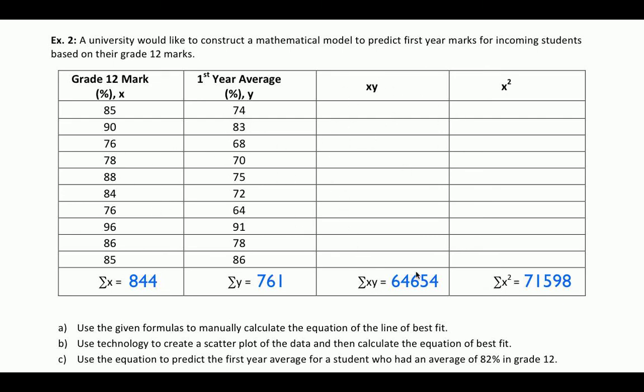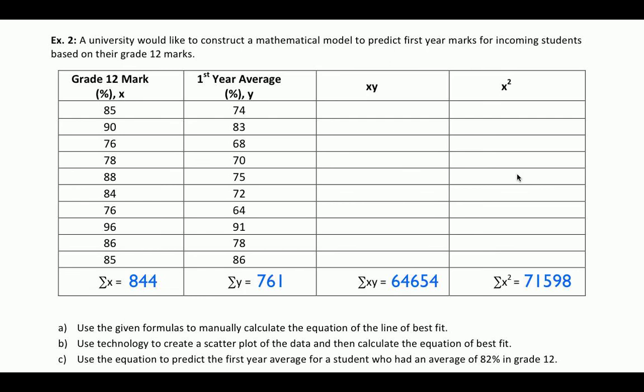I add these up, I get this right here. And of course, then when I do my x squared, I say 85 times 85, 90 times 90, 76 times 76, all the way down. I sum this up, I get this. Okay? So, of course, what we're trying to do is use these values to manually calculate the